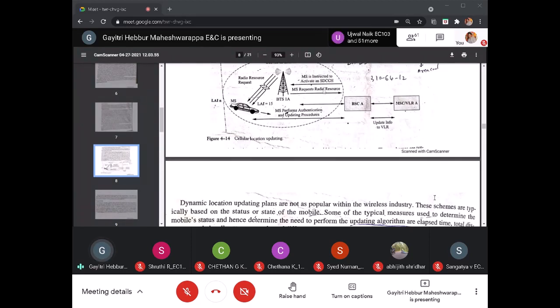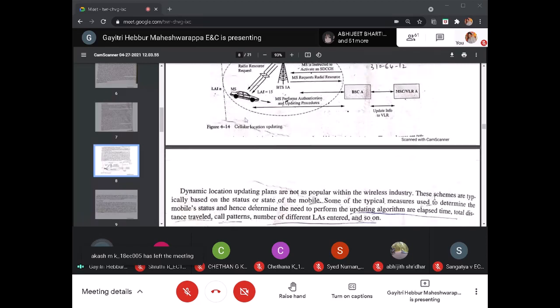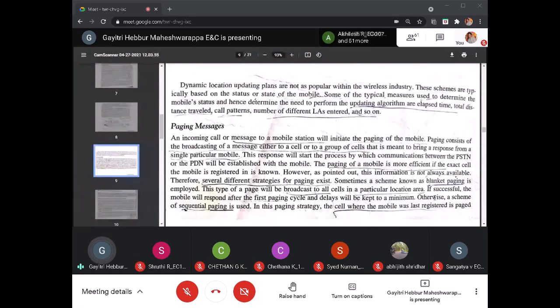All those things are radio resource requests, meaning for the voice channel based on the type of service. It will request to the base station controller A. Then through the MSC, it will assign everything. At the same time, the location area identity number will be updated in the VLR for this particular MS, where exactly it is. Okay. So this is how location updation works. That is what we have covered in the last class. It all works through the paging messages, through different paging, blanket paging, and sequential paging.